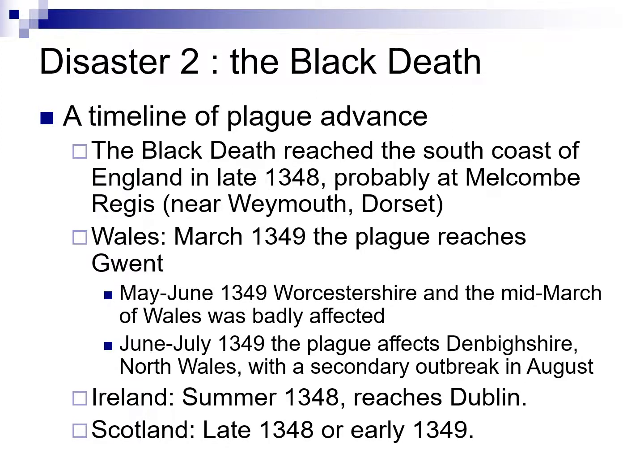In Ireland, plague again arrived by ship, 1348, when it reaches Dublin, quite possibly by water from the port of Bristol. That would be the most likely shipping route. And in Scotland, plague arrives in late 1348 or early 1349. And the Scots, some Scots had speculated that the plague might not get that far. Now, this timeline here, which suggests something approaching a year